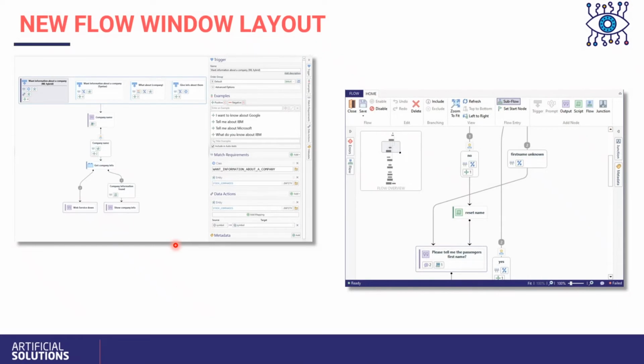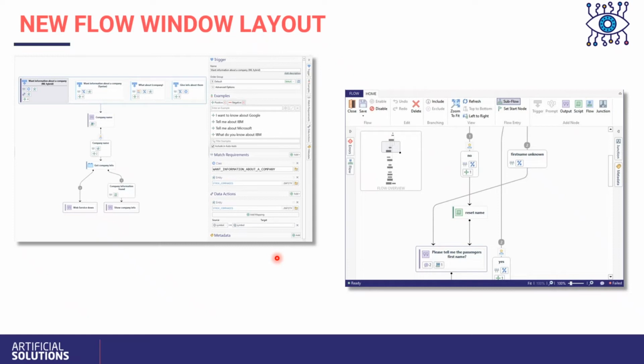When you open Studio in Teneo 6, you will see that the flow window, where you go to build all your conversation logic, has been changed a little bit. On one hand, you can see now we have a panel to the right where all the different features and